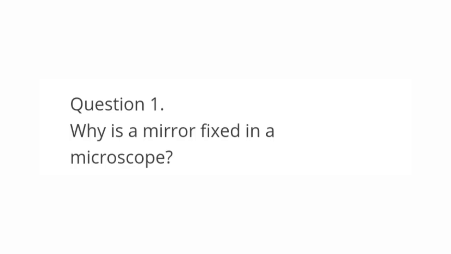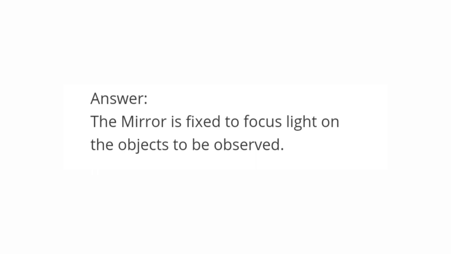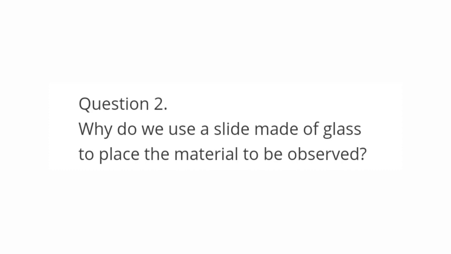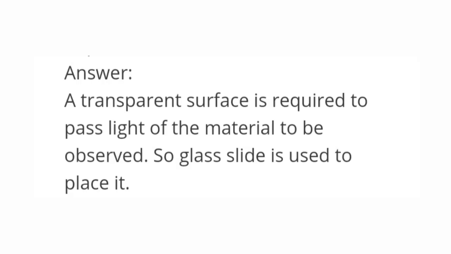Question 1. Why is a mirror fixed in a microscope? Answer. The mirror is fixed to focus light on the object to be observed. Question number 2. Why do we use a slide made of glass to place the material to be observed? Answer. A transparent surface is required to pass light through the material to be observed, so a glass slide is used